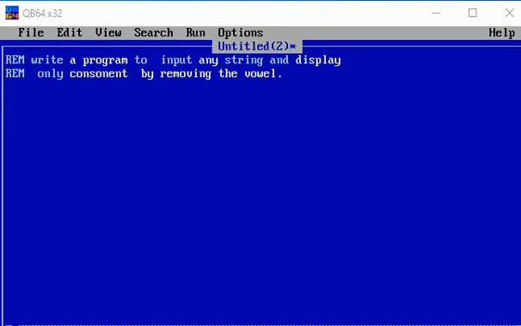In the English alphabet we have 26 letters, and there are 5 vowels in the English alphabetical order. So after removing 5, there are 21 consonant letters remaining. So we need to display only those consonant letters if the user inputs them in this program. So here I'm going to write QBASIC code for you to understand the program. And previously